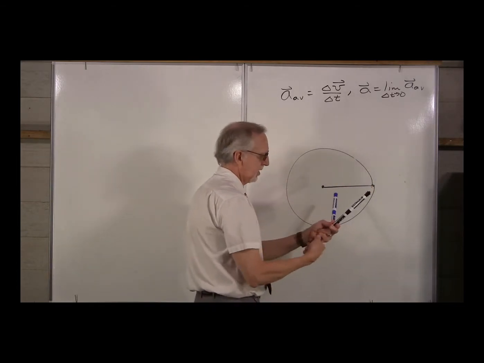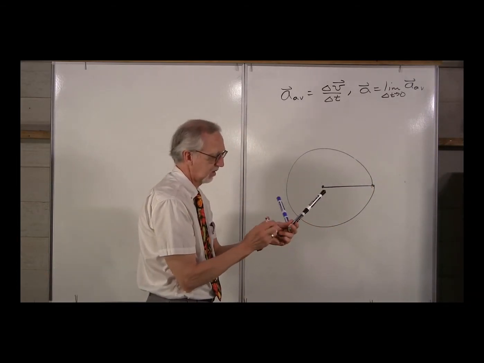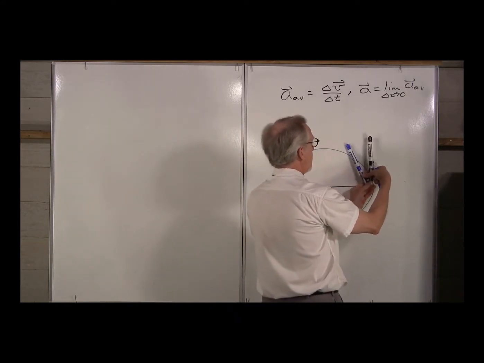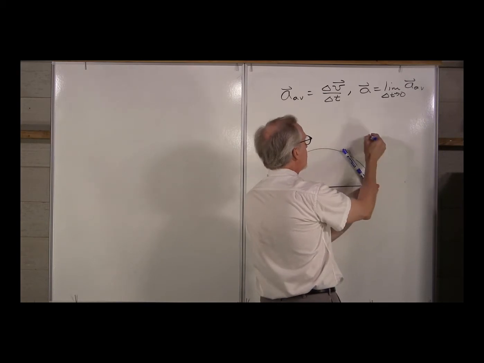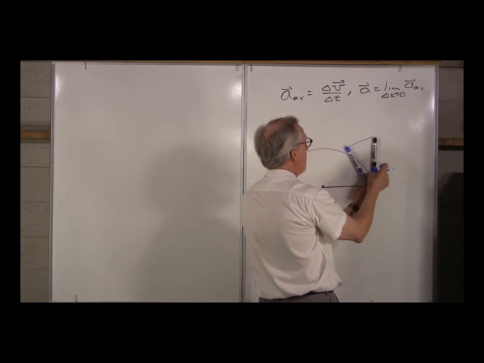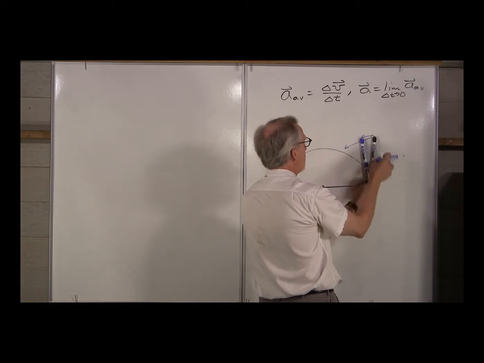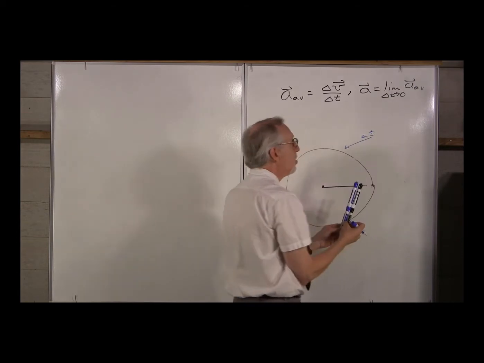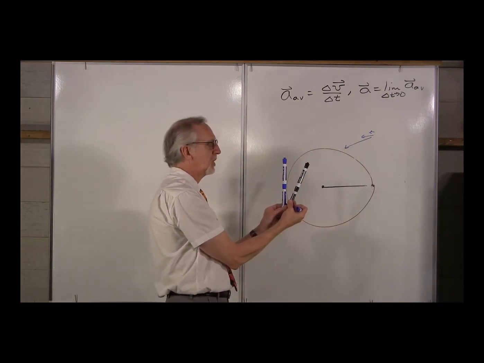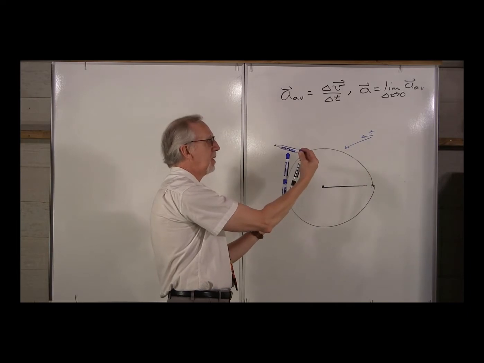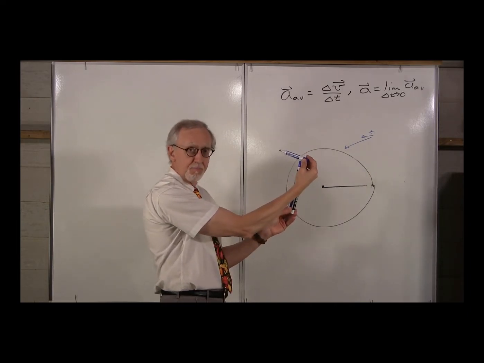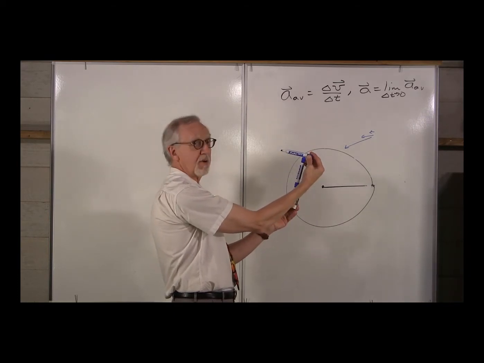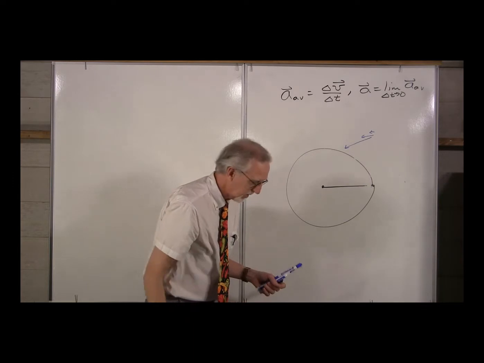So in other words, this vector up here, which looks that way here, it looks like this here, it looks like that at the top. Notice that as the vectors get closer and closer, the difference between them becomes horizontal. Delta V takes on a horizontal direction. In other words,